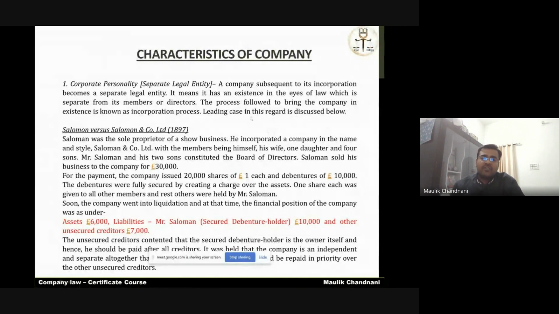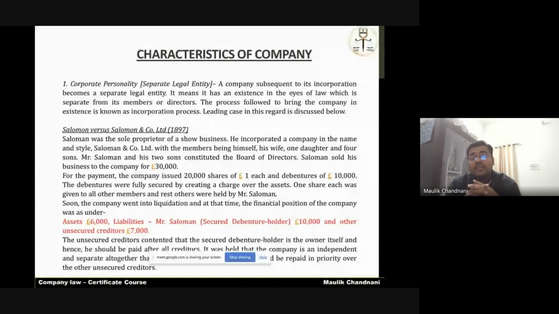This particular feature was well established in 1897 in the England court, Salomon versus Salomon. आप सब लोगों ने शायद इसके बारे में सुना. What was this whole case all about? That Mr. Salomon, together with his wife, his daughter, and 4 sons, whatever 6-7 people, they made up a company, and they issued with the assets of 30,000 pounds, just to have a number. In the 30,000 assets, 20,000 shares and debentures were issued of, say for example, 1 rupee. In the debentures, there were